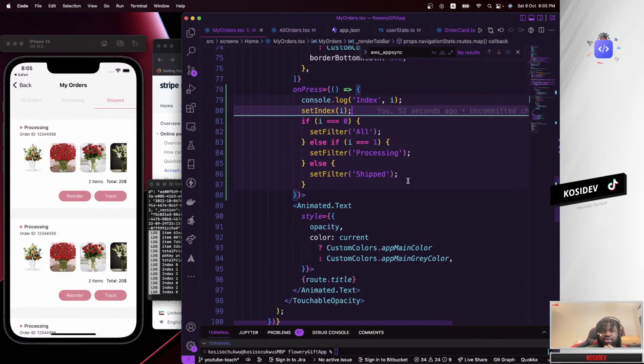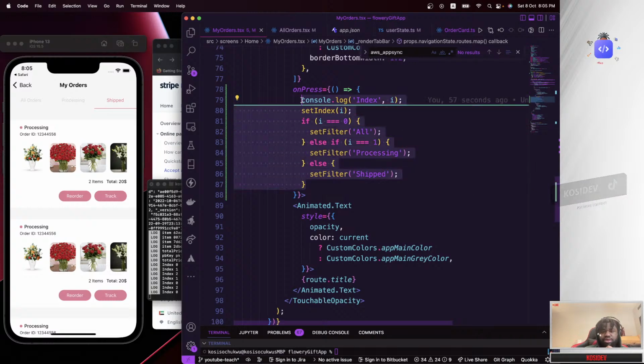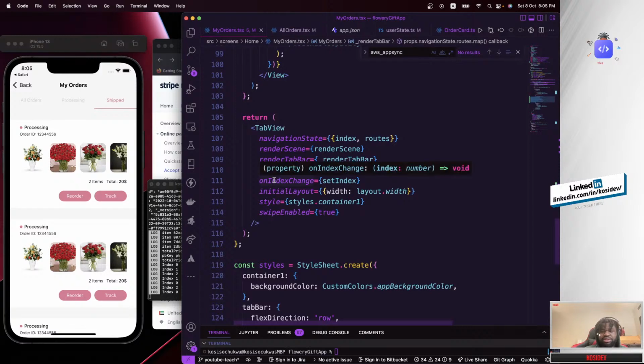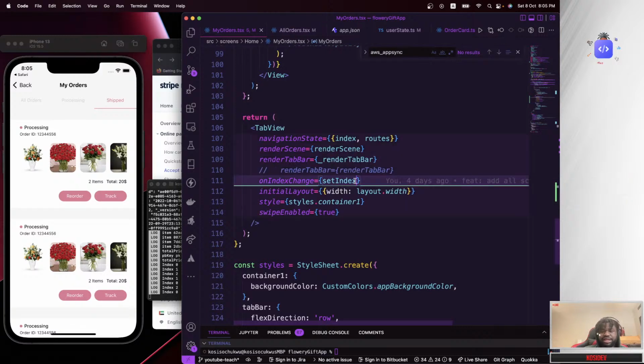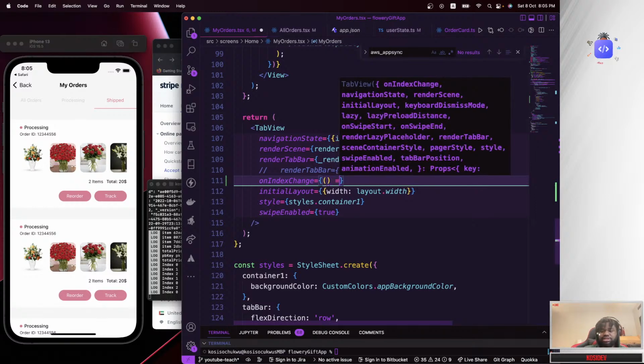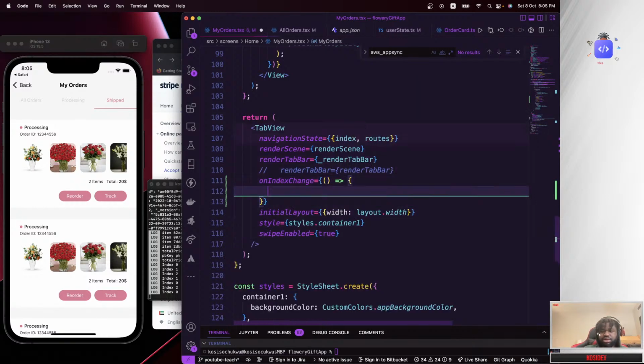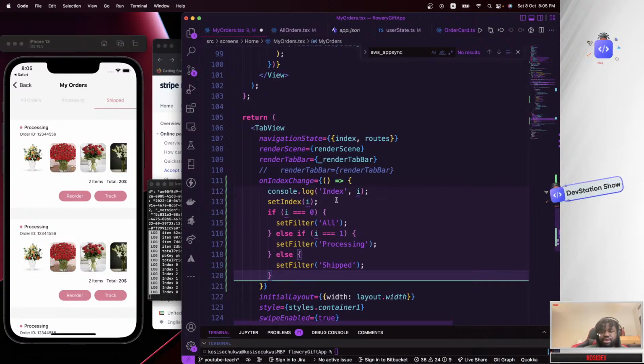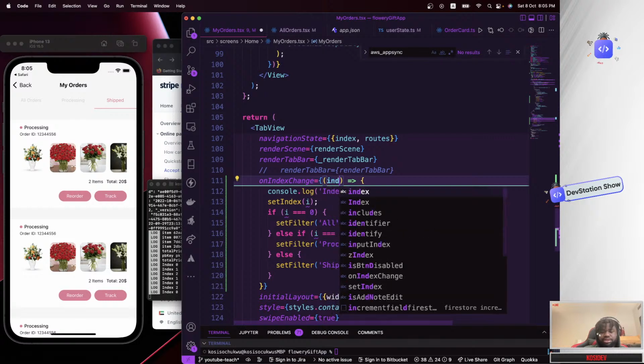To fix that also, what we need to do is copy this and actually use it in here. So I'm going to say on index change, set index. This is how we do that in here. This is how you set index, and then we pass index.